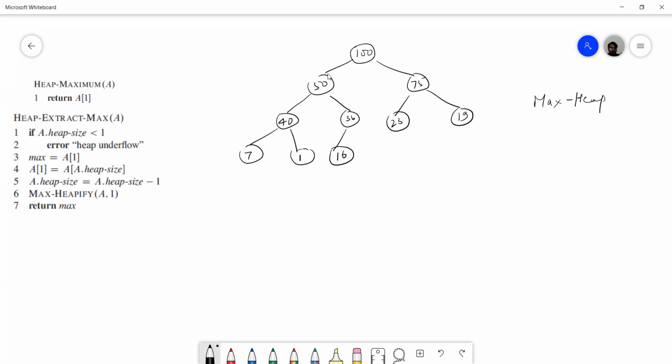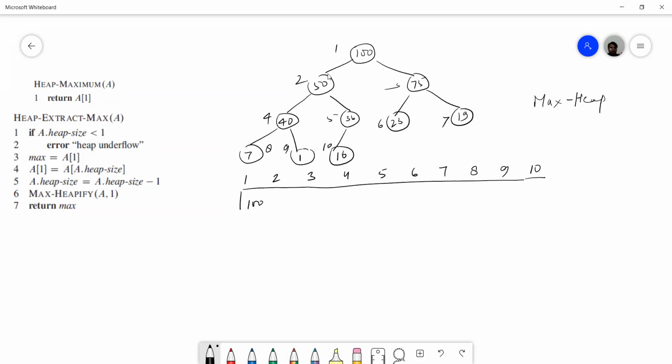So in an array, this heap will be stored as: root, index 1, index 2, index 3, index 4, index 5, index 6, index 7, index 8, index 9, and index 10.